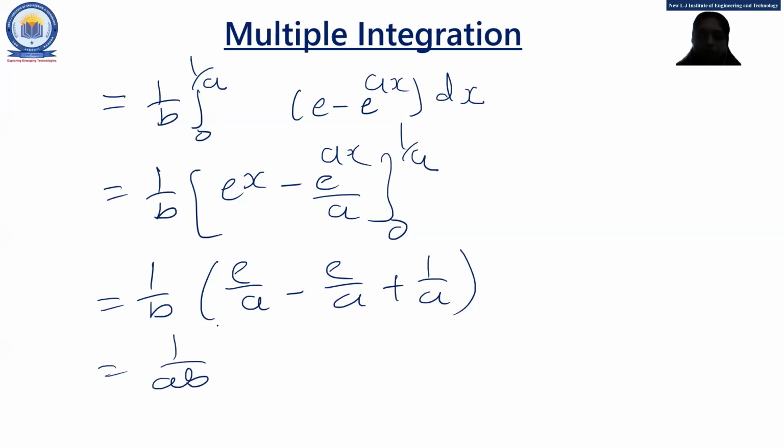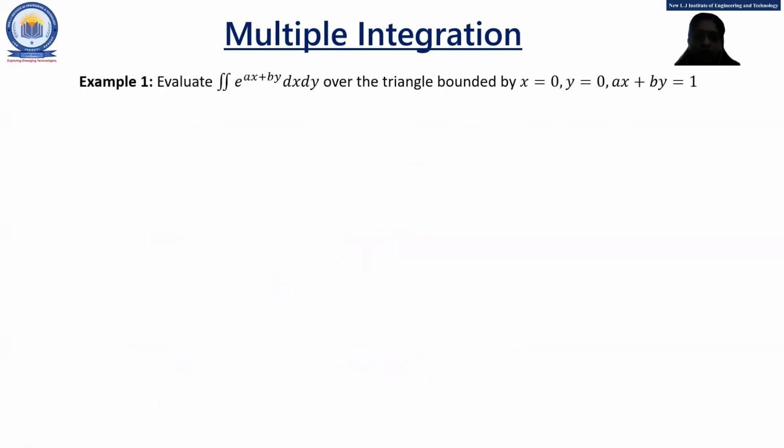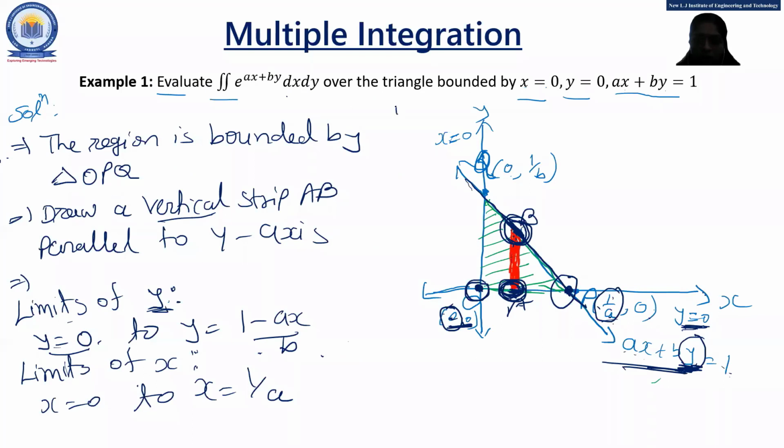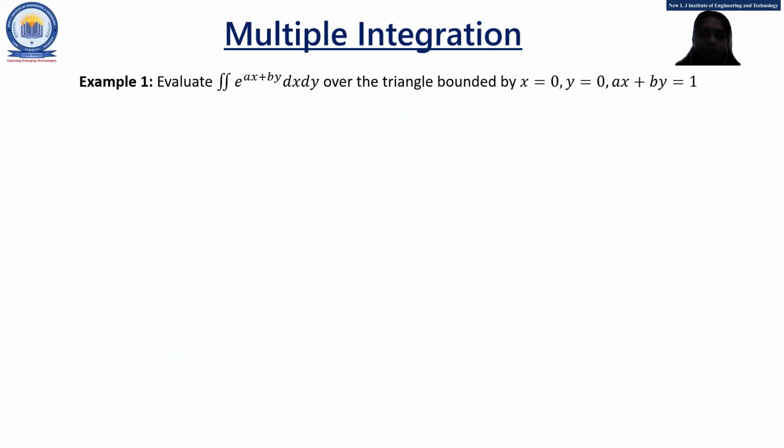So this one is not most difficult, but the main point of this example is you have to decide your region of the integration and the limits, points of the intersection. That is the main point, students. See this graph and these points are the most important. Once you decide correctly these points, the integration is not a difficult task for you, right? So let's move with one more example.